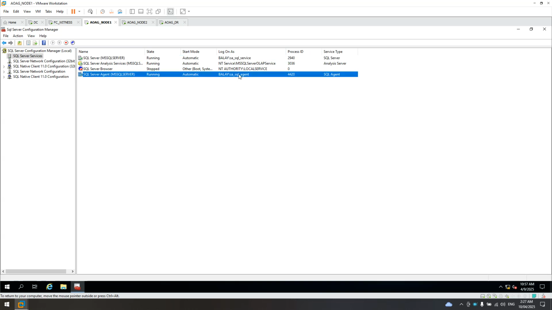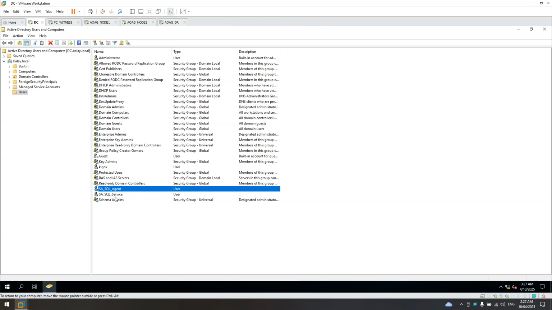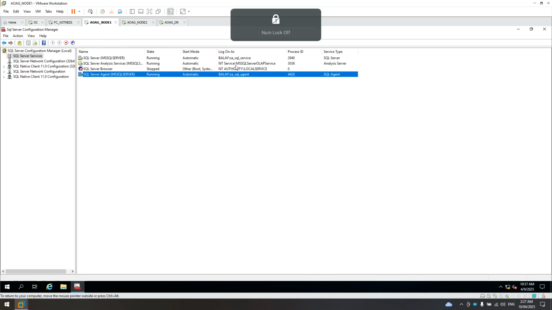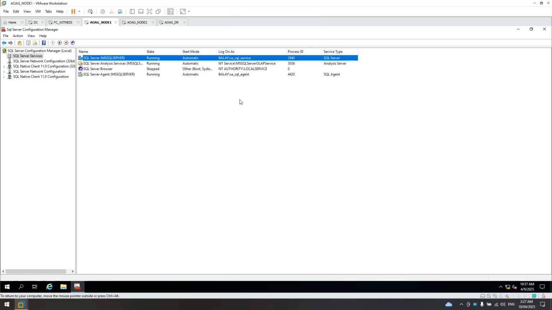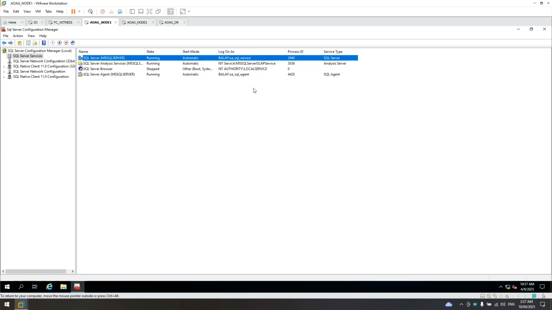And for the agent, it's using the SQL agent account. You can see in the domain controller, it's using the SQL agent. For the SQL Server service, it's using the service account SQL service.